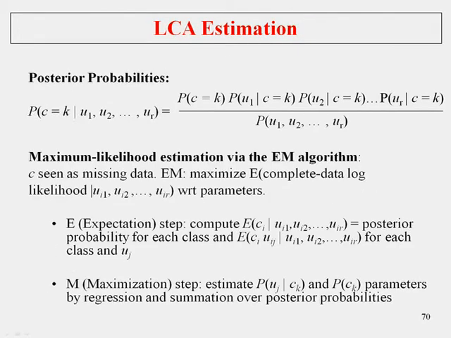Now, posterior probabilities we talked about. The probability of U given C is the probability of observing something given the latent variable. Now we're going to go the other way. Now we've estimated all these parameters. Now we're interested in the probability of a person being in class K given that person's response on the observed variables. And by the magic of statistics, via the so-called Bayes' theorem, that posterior probability can be expressed